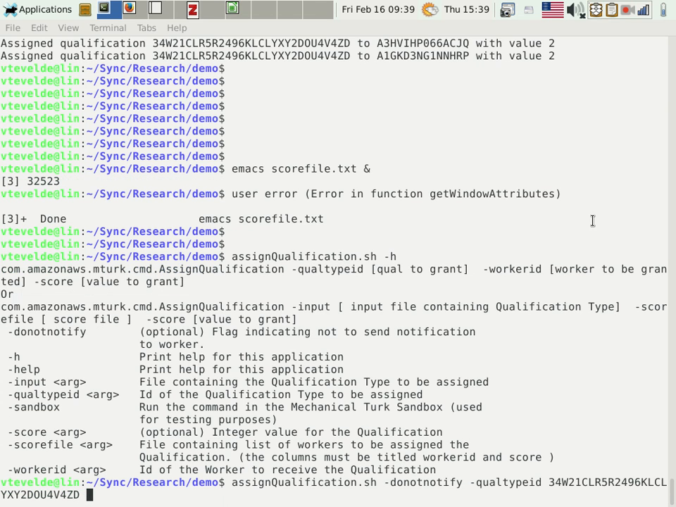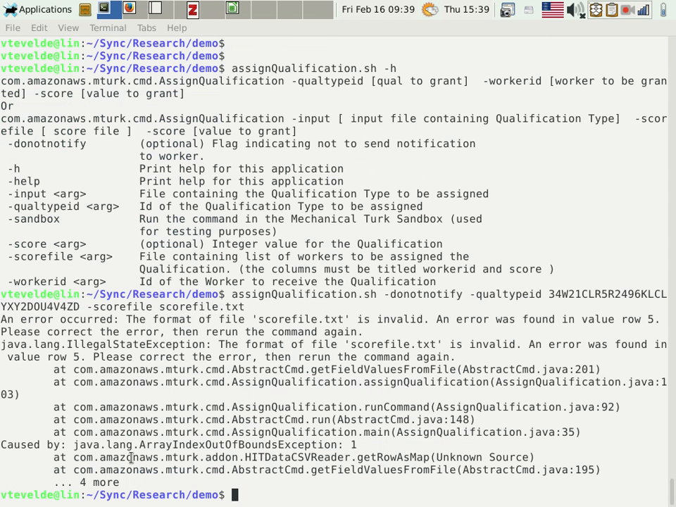So I've got the qual type ID. I don't need to give it a score because I have the score in the file, and I don't need to give it a worker ID because that's in the file as well. So I just need to give it the score file, which is scorefile.txt. I've never tried this before, so let's see if it works. Nope, oh, I have to make it a